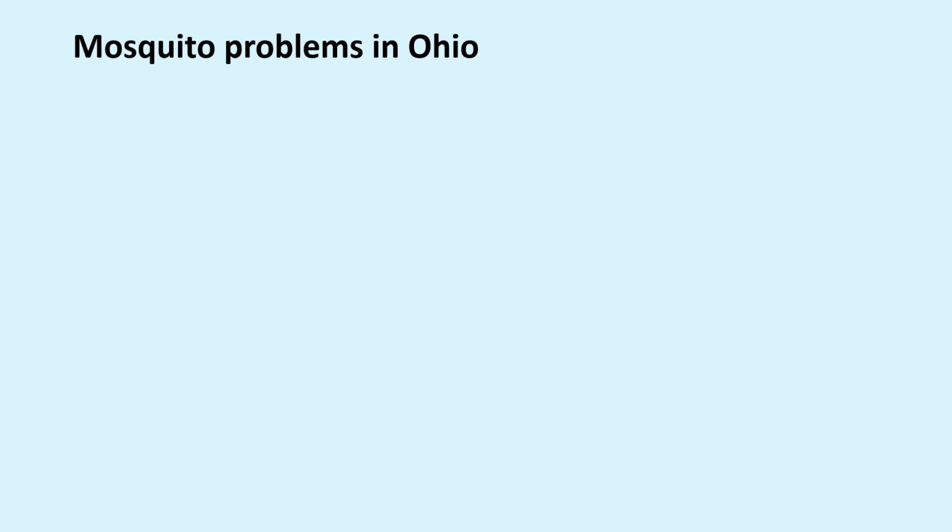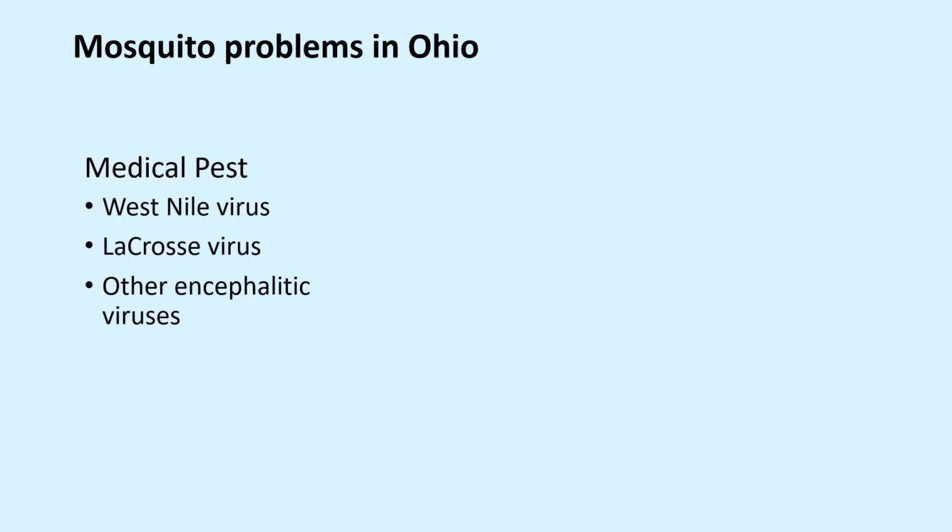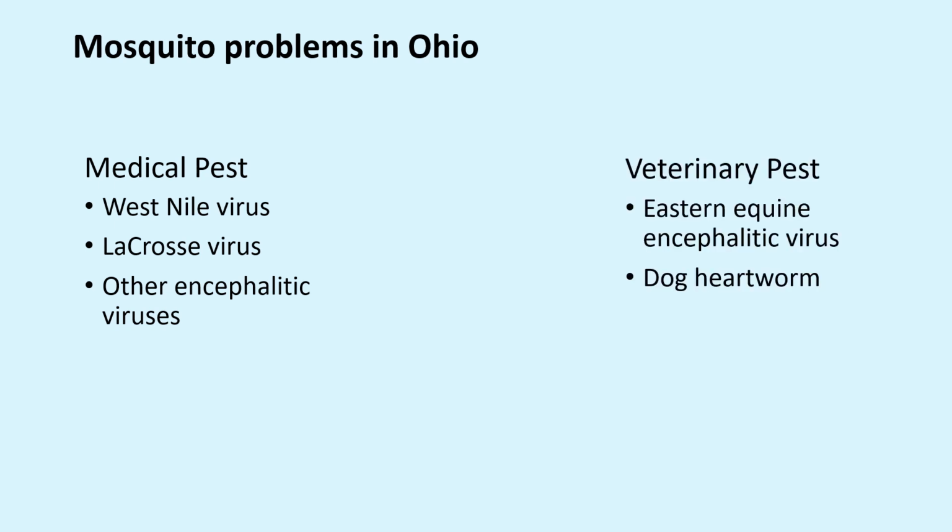Okay, so we all know that mosquitoes are a problem in Ohio. I think that's why most of us are here. So we know that mosquitoes are an important medical pest, so they transmit diseases like West Nile and LaCrosse. But I also wanted to highlight a couple other things. So they are still an important veterinary pest as well, and can transmit things like Eastern equine encephalitis and dog heartworm. So heartworm in particular, I think is oftentimes overlooked, but we still have over 100,000 cases of this